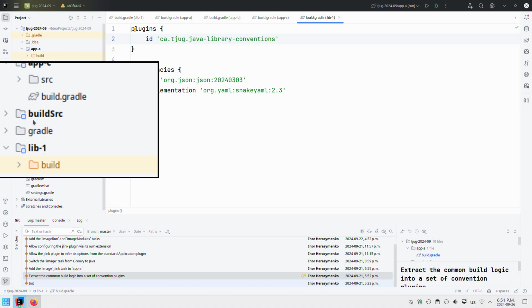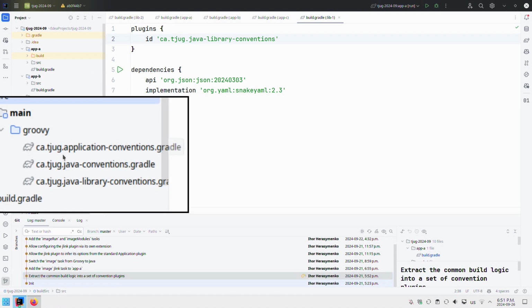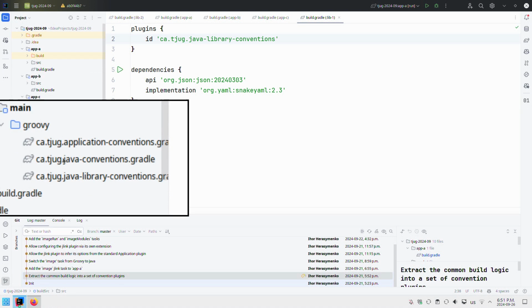And there you can place the code of your plugins. It doesn't matter whether it's a convention plugin or a so-called binary plugin which can be written in Java. You don't need to have it in a separate project. You don't need to have it published to some artifact repository. You can just have it inline within your source code, and Gradle will pick it up and build it for you. So here I have a set of convention plugins defined,